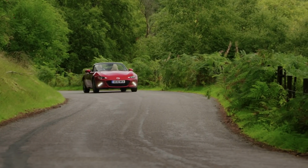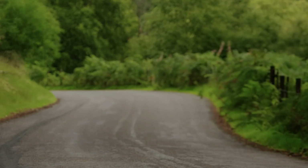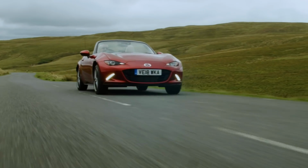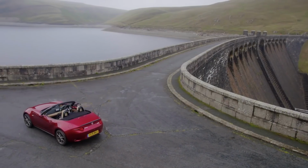But do you really care about that? The MX-5 is about accessible driving pleasure, being able to put a smile on your face without smashing the speed limit to do so. It's very, very good at that, and the small tweaks that Mazda have made make it better than ever. Now, if you want more information on the new Mazda MX-5, then check out our in-depth written